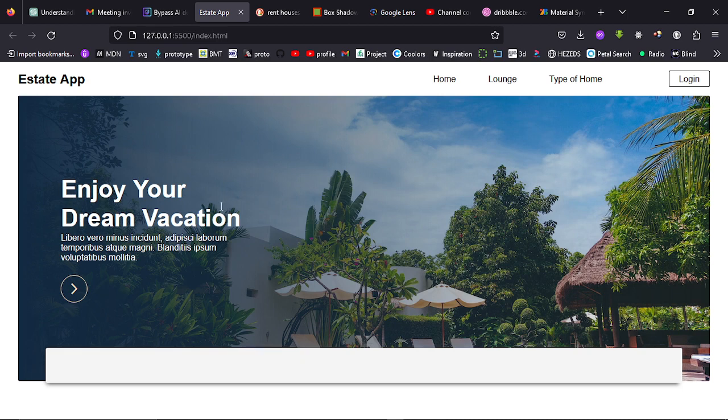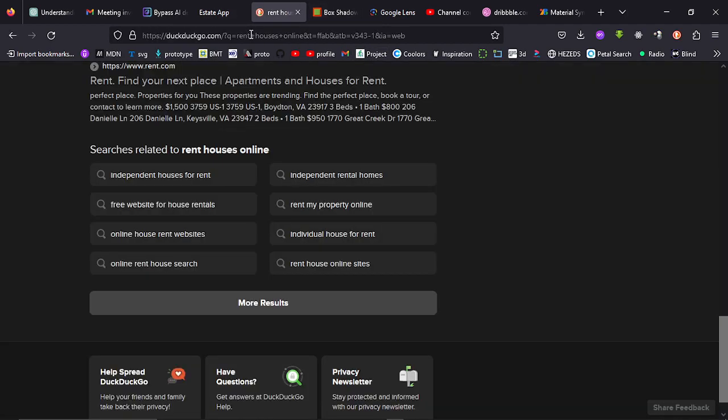So, I was able to add the filter and do some box shadow for this card that we have here. So, I'm quickly going to take you through how the filter was added. What I did was I came straight to Google and I searched for